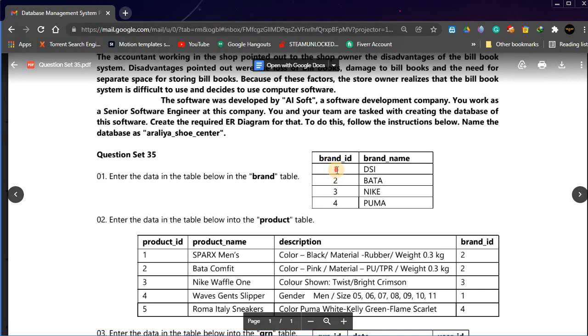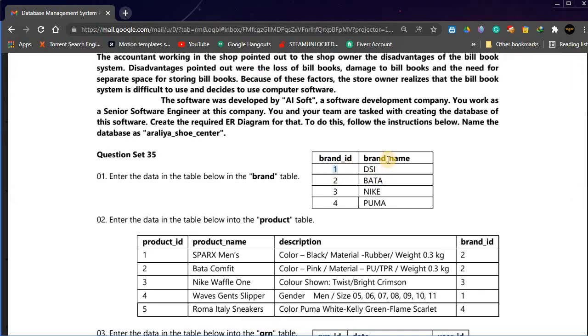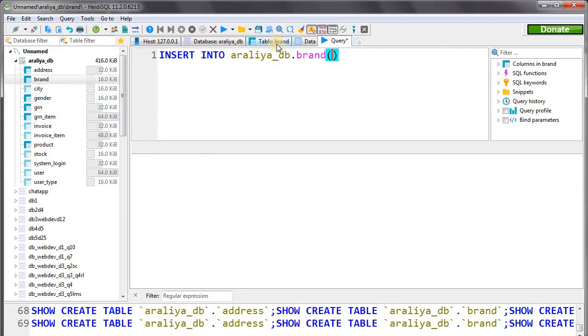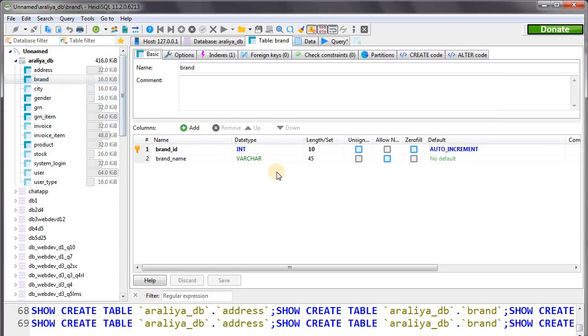We can add number 1 to the brand ID and DSI to the brand name, but in this case, if you go to the table settings, you can see brand ID is auto incremented, so we don't have to enter this data manually. It will automatically add numbers in incrementing order.